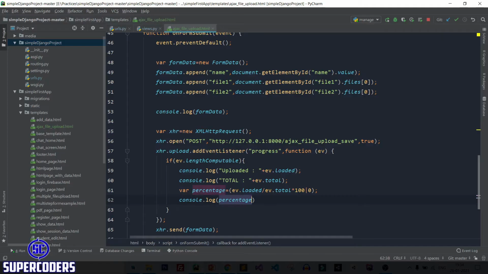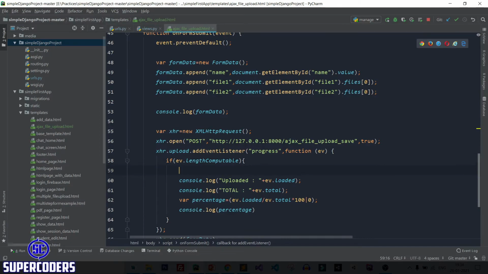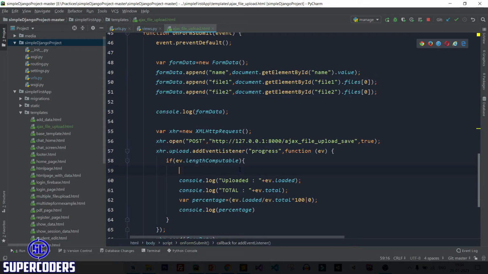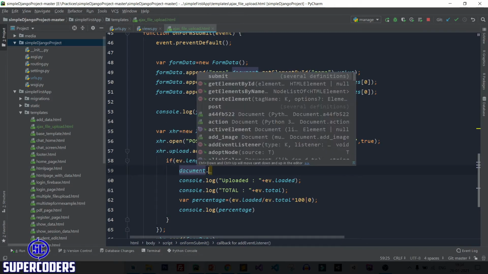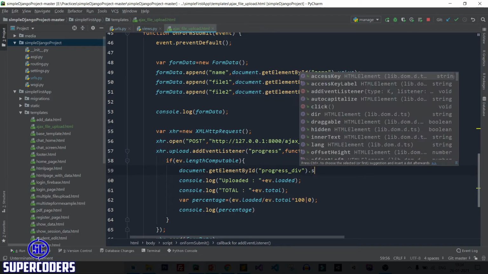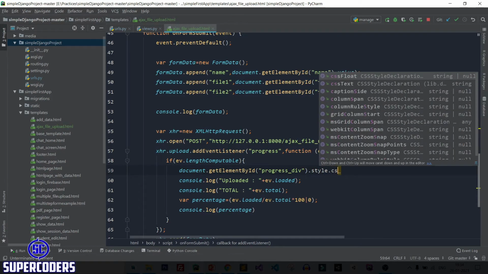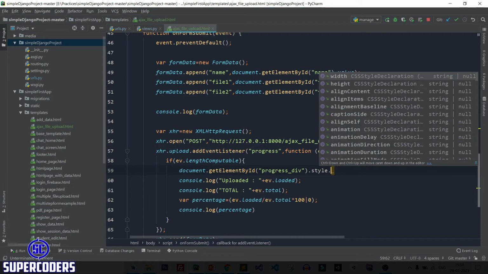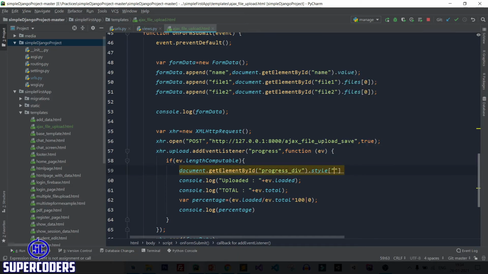So again back to PyCharm. After that, here first is the progress bar. So progressDiv: document.getElementById progressDiv.style.display equal to block.